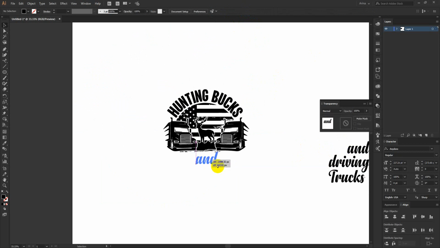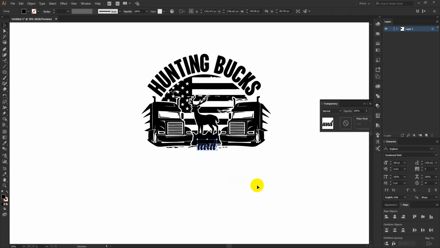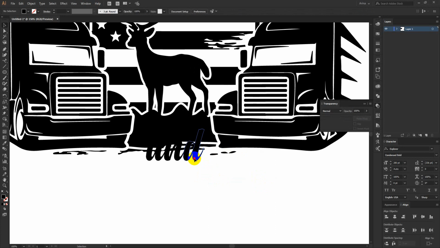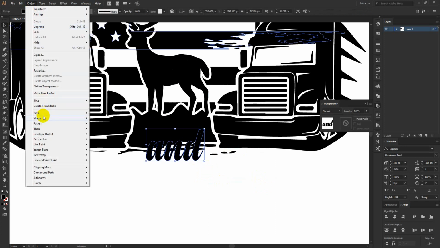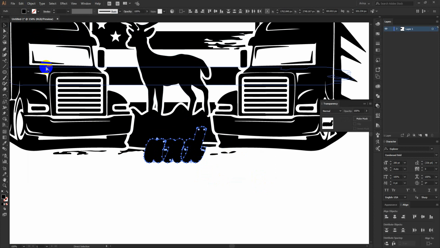And now I want to use this "and" here, and expand this, and of course make an offset path. Yeah, this is good.